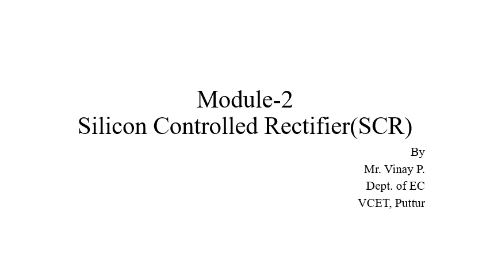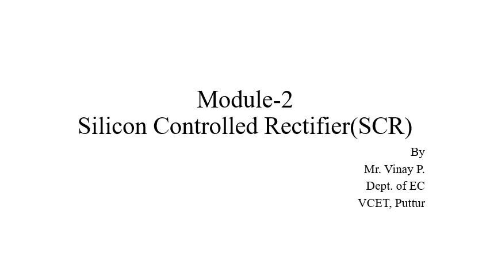In today's session, we'll discuss Module 2. In that we'll discuss the silicon control rectifier, also called SCR. We already discussed the FET, the field effect transistor. In that we discussed the types of FET, that is the junction field effect transistor, JFET, and the metal oxide semiconductor field effect transistor, MOSFET. And we discussed the construction and working of JFET and MOSFET.